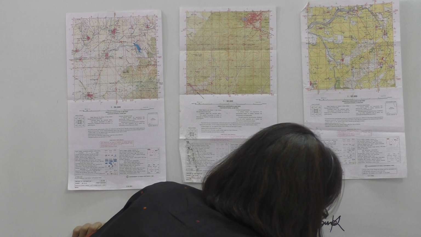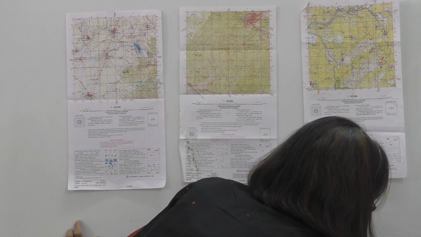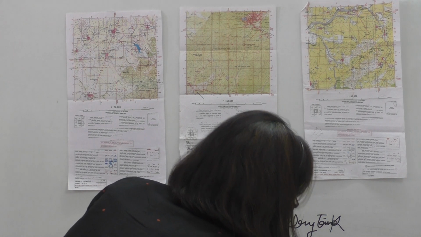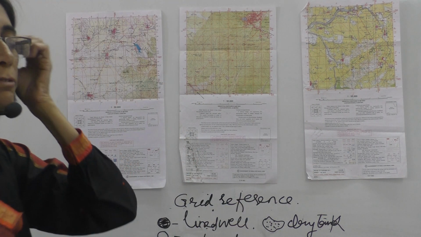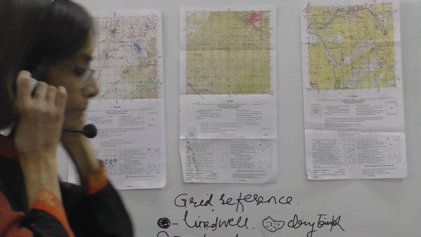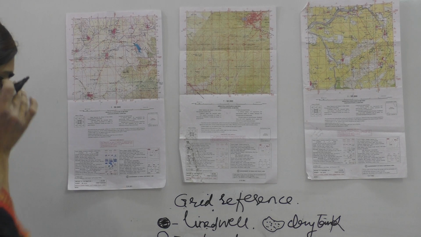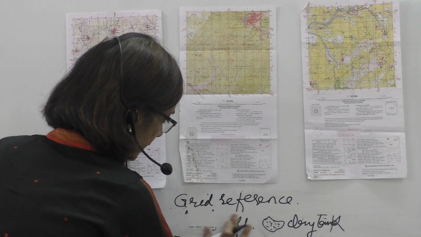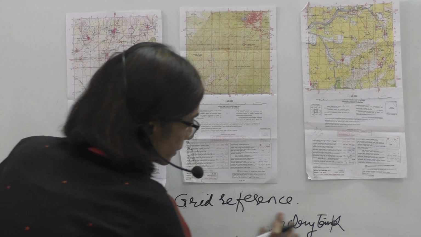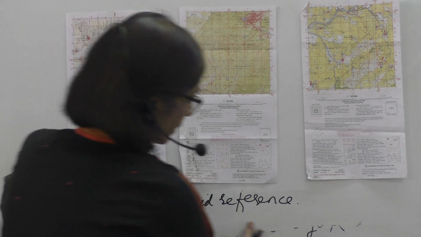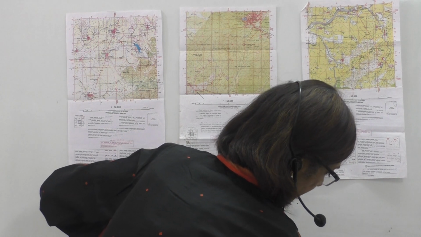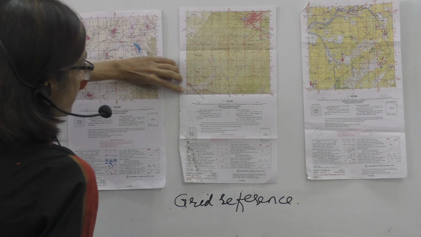These are the commonly asked objects for 4-figure and 6-figure. Now what does this 4-figure and 6-figure mean? What do I mean when I say 4-figure and 6-figure? Look at this over here. We did the grid reference yesterday, and we said that these red lines help us to identify the 4-figure and the 6-figure.